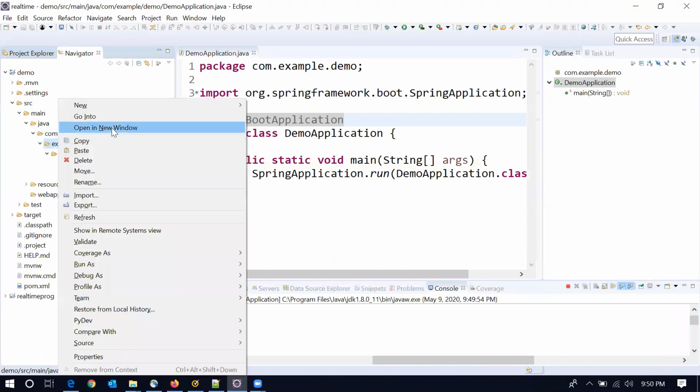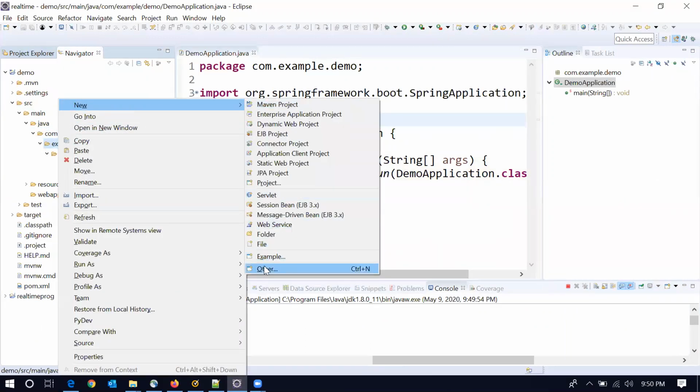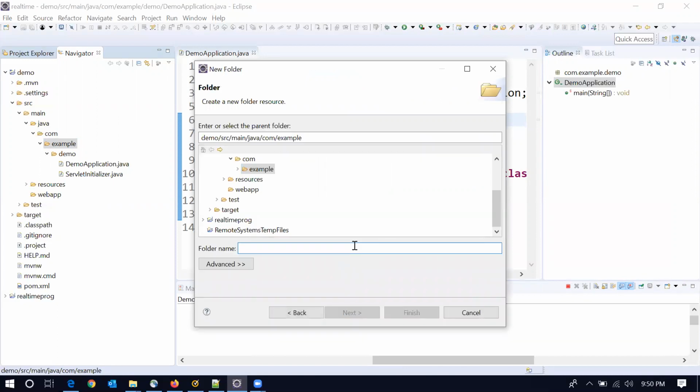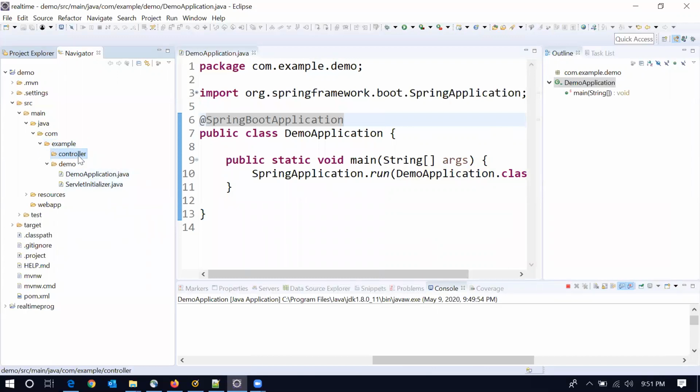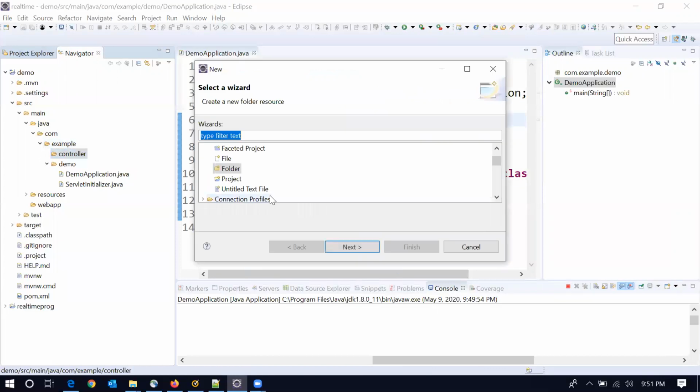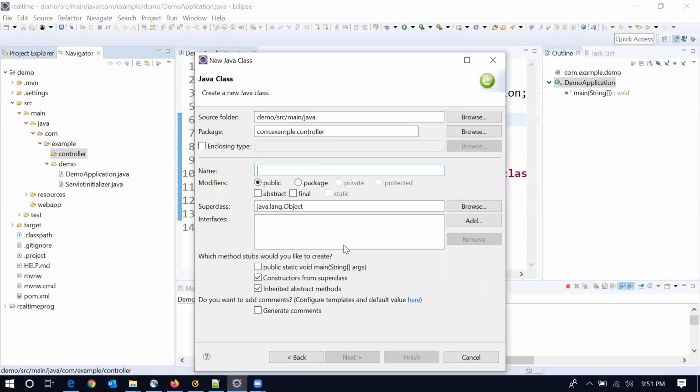I will create one more folder. My folder name is controller. Under controller, I will create one simple controller class. Let's say my controller is DemoController.